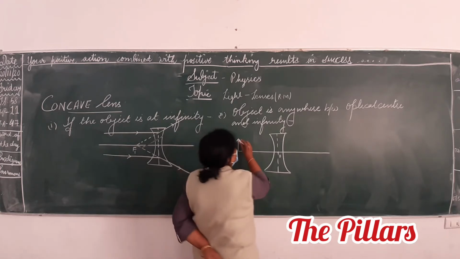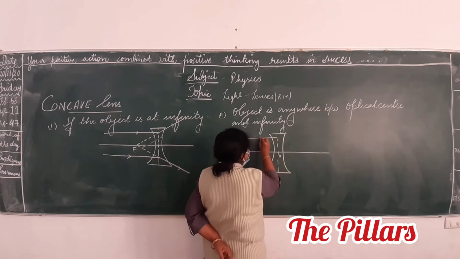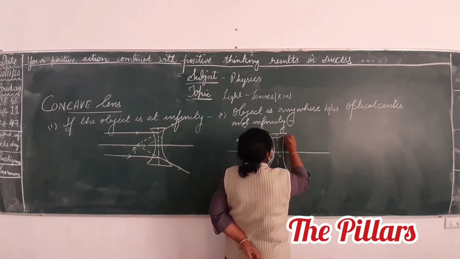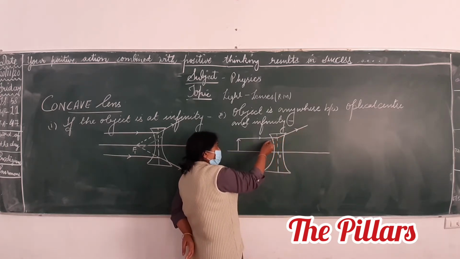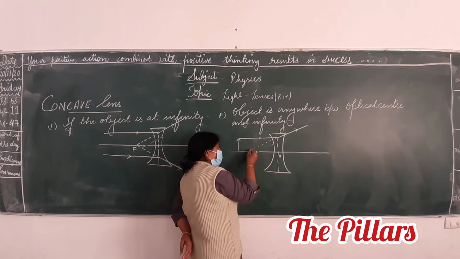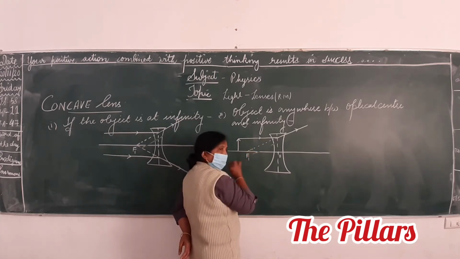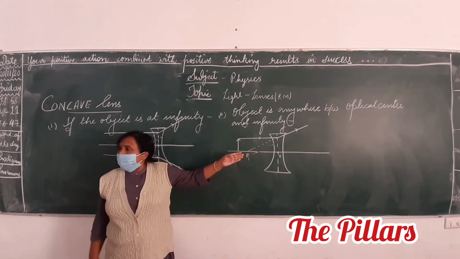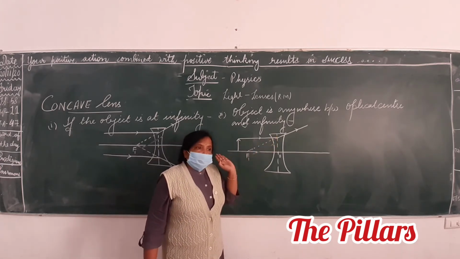Yes. So, light ray traveling parallel to principal axis. First ray. What will happen to it, Shashwat? It will diverge. It will not go that side. You will say it appears to come out from a point on the principal axis, isn't it? This is your F1. Clear? See, it appears to come out from a point on the principal axis.